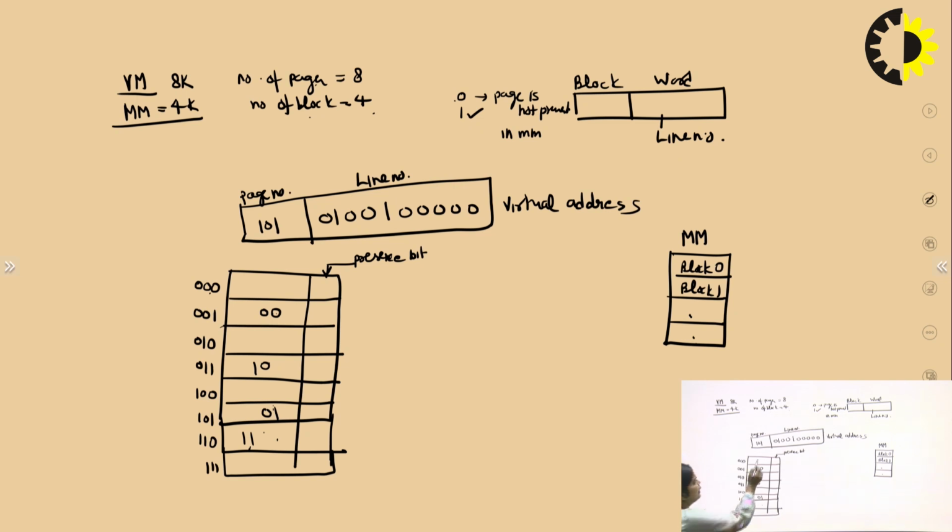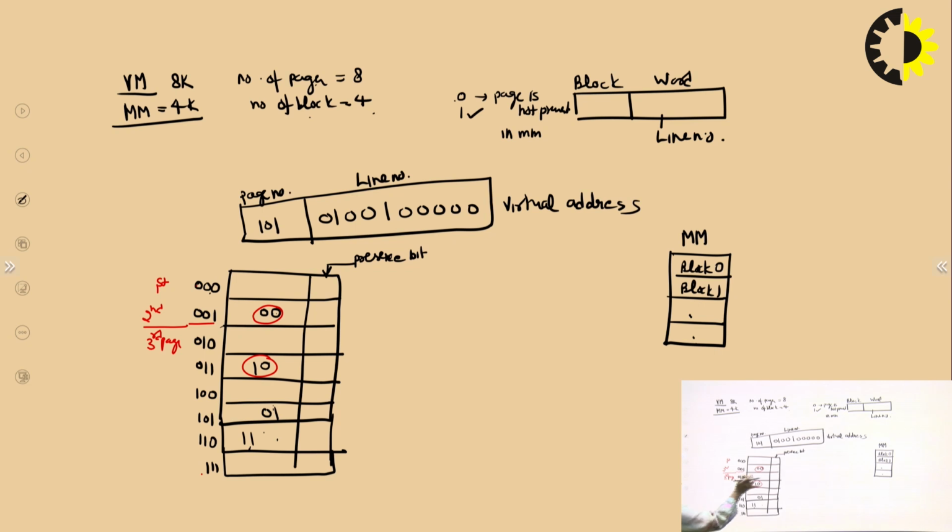Now, suppose 8 pages are there, so you can start here from 000 to 111, and 0 or 1 is the presence bit, and these numbers represent that, suppose this is the first page, this is the second page, this is the third page. Fine.